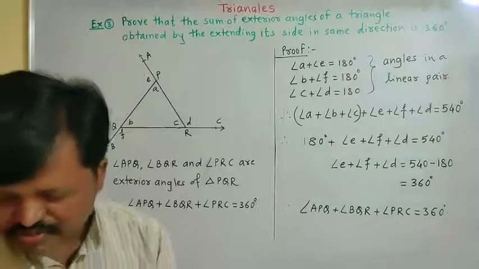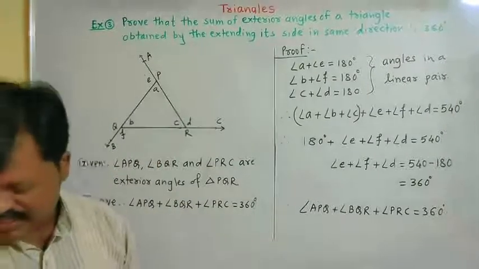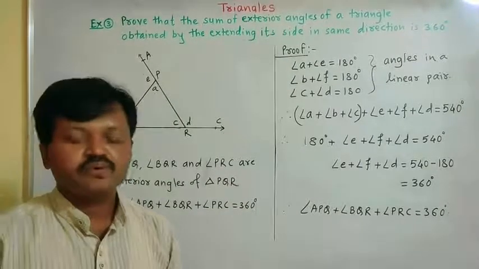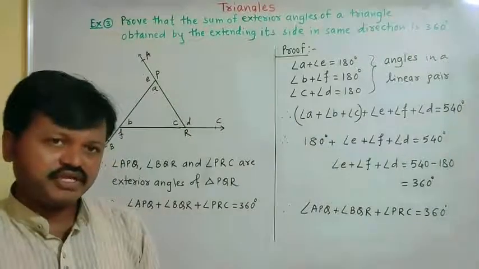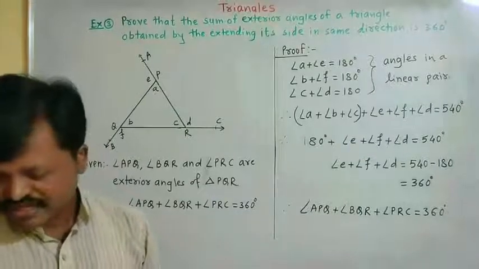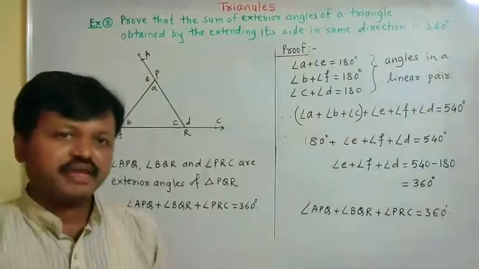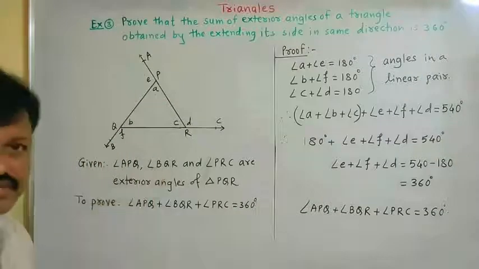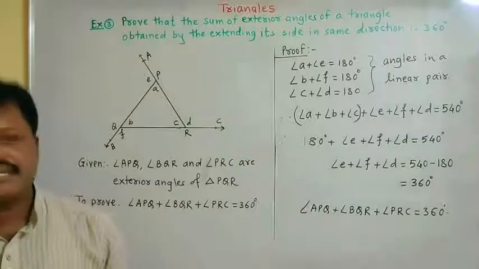In your textbook, on page number 27, example number 4 is given. This is a solved example, but in the form of an activity you solve it yourself, because this is an activity. It is very simple. There are only 3 boxes. You fill this in and try to understand it. But before this, you solve these examples, and thereafter you solve your practice set 3.1.